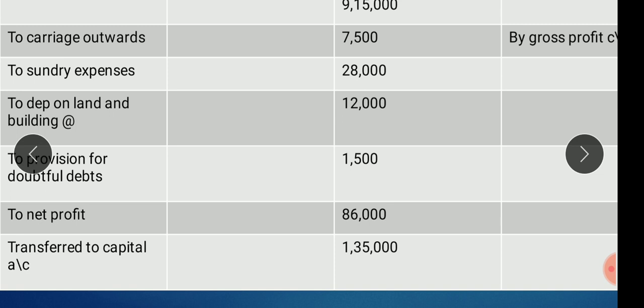The value is 12,000. To provision for bad and doubtful debts 1,500. After totaling the values for both sides,